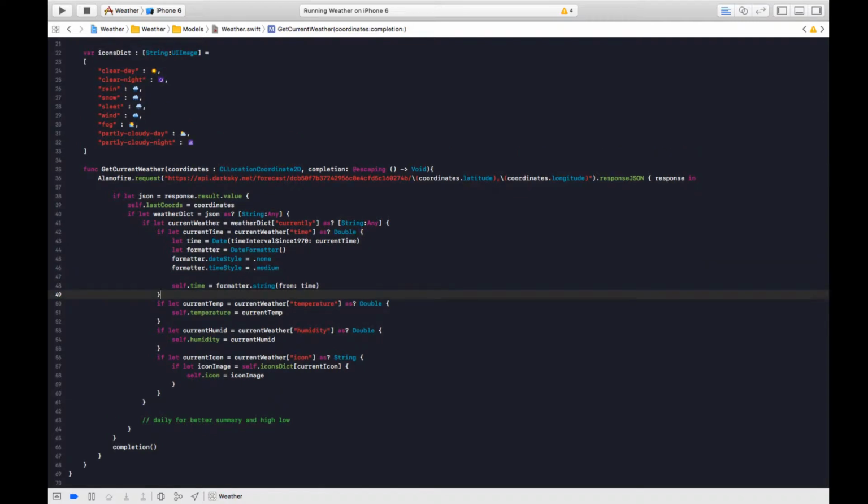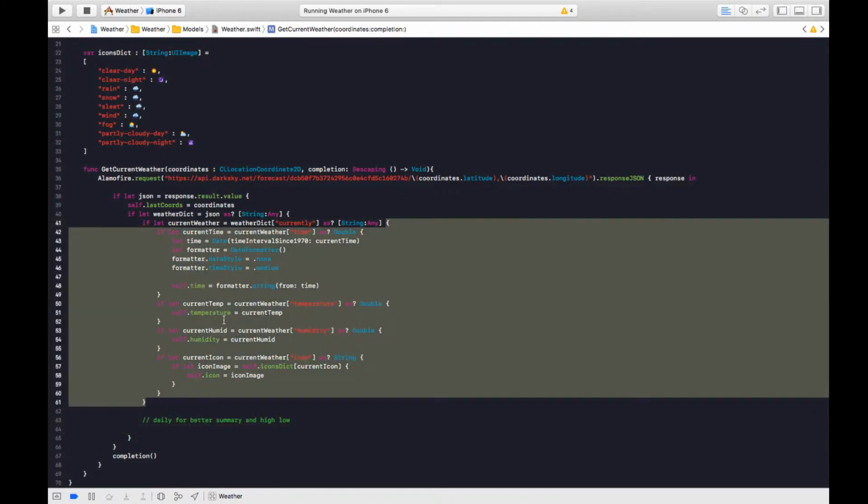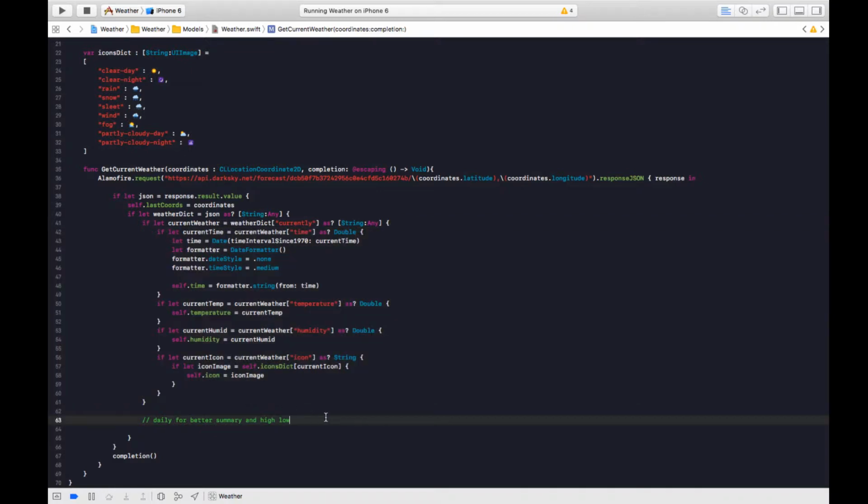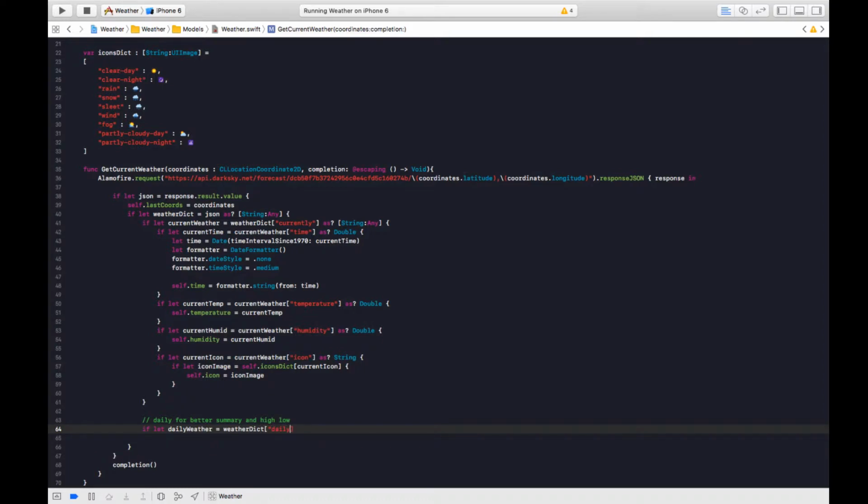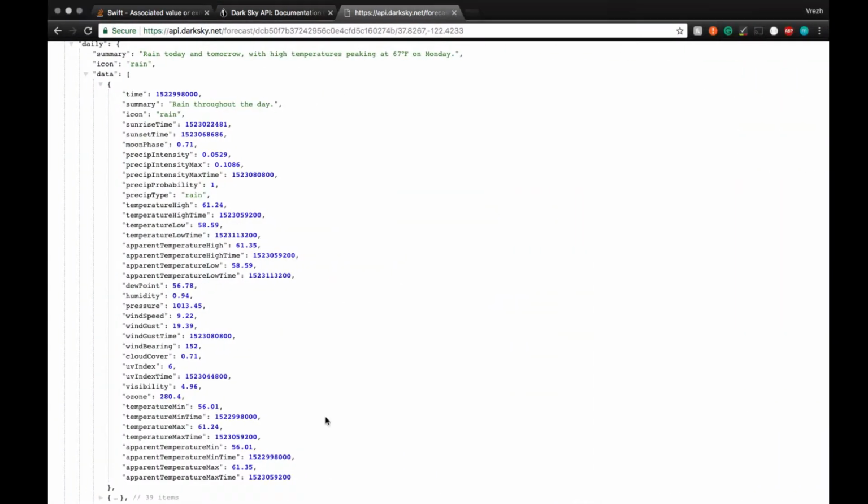We can get the temperature, humidity, and icon the same way. And then I'll just double check that we're in the right area. So yeah, that's where it ends. And then I'll say let daily weather equals weather dictionary, and then I believe it was daily, that as, now we gotta be careful